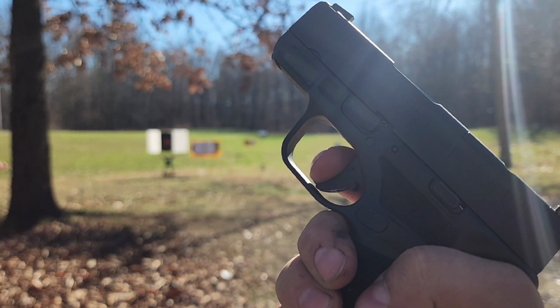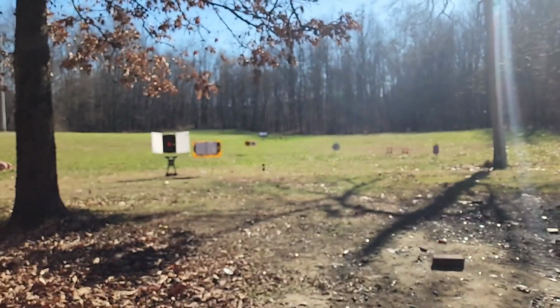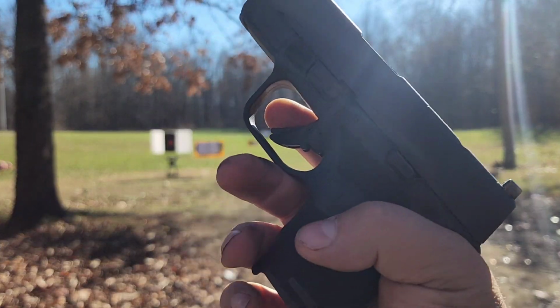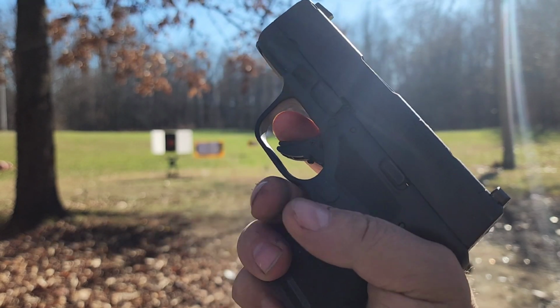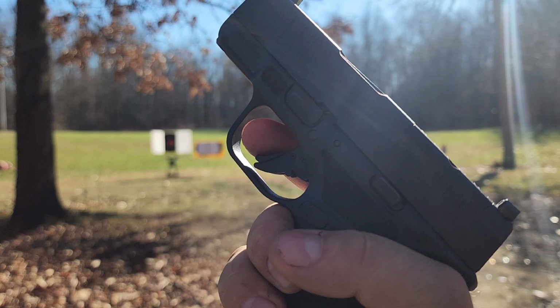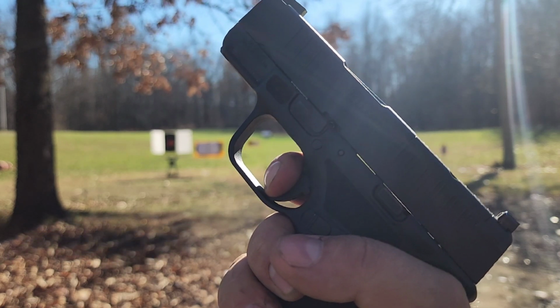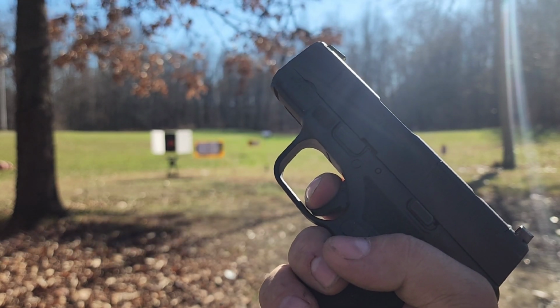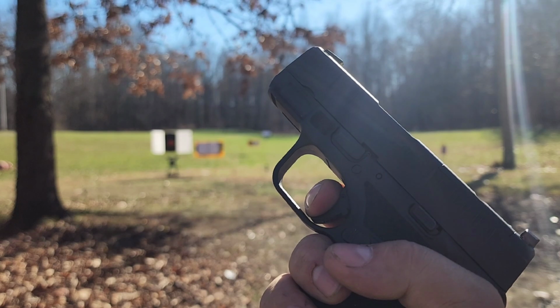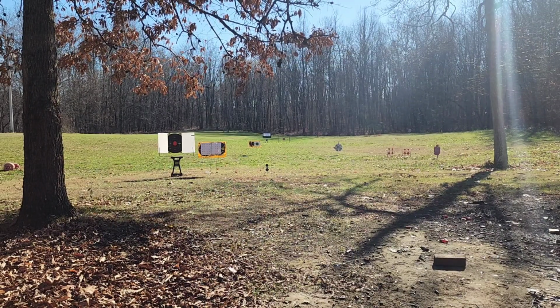More take up on the Hellcat, and then we'll pull through. One thing you probably noticed there, you do have a trigger safety with the Hellcat. You do not have that on the P365. So the Hellcat has a much nicer, crisper break. However, it's at least a couple pounds heavier than the Sig. And I think that's why I'm having an issue down there on that target